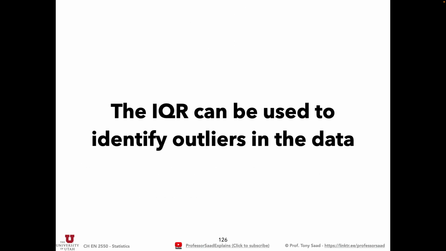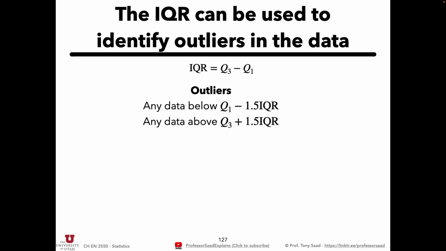Okay. Now the IQR can also be used to identify outliers in the data. There's a few more slides that will be done with this. It's somewhat of an ad hoc definition. You could change those numbers, but this is kind of standard practice in statistics. And you look at your data if you suspect an outlier, because you might see a couple of data points far away on the right or on the left. To identify if this is truly an outlier according to standard practice, you take your interquartile range, so that's the 50% of your data in the middle, and move up by